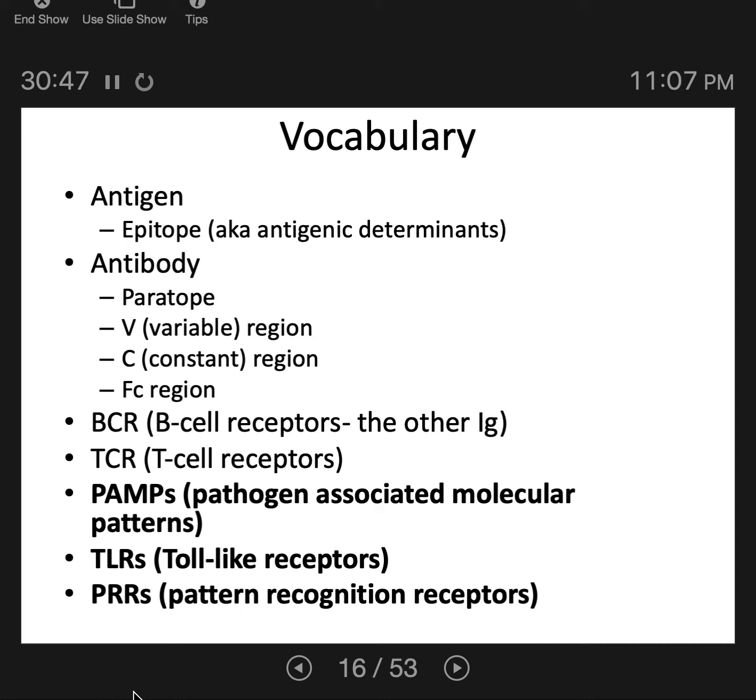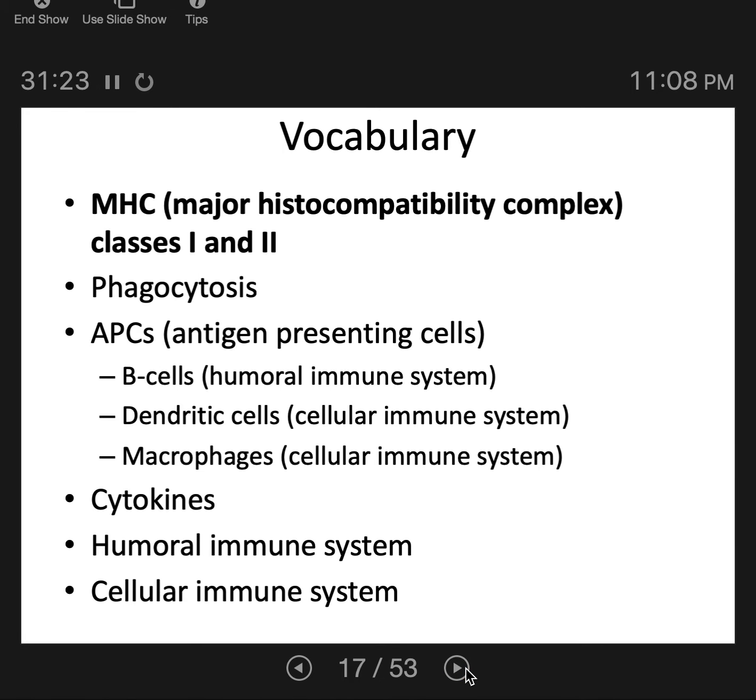A toll-like receptor and a pattern recognition receptor, those are both similar to B cell receptors and T cell receptors. They're found on the surfaces of immune cells, but of immune cells that are part of the innate immune system. And their job is to recognize PAMPs. So B cell receptors and T cell receptors recognize antigens. Toll-like receptors and pattern recognition receptors recognize PAMPs, or pathogen-associated molecular patterns. So like I said, you don't need to take notes on this now. I'll bring this up after exam 3 when we cover innate immunity, but I just want to mention that they're here because it makes it easier later.